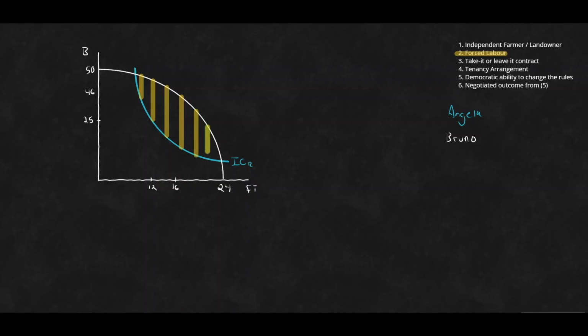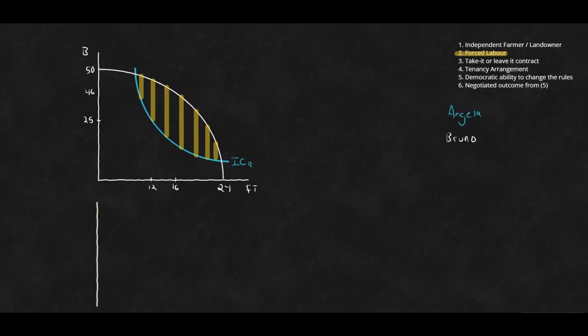And so the question then is, if Bruno can pick any amount of hours to make Angela work, and thus any amount of bushels that he ends up collecting, well, producing, and then giving him the amount that he collects, where should he choose altogether? Well, what we can ultimately see with this is that the area where Bruno gets the biggest benefit, the biggest difference between the production possibility frontier and Angela's indifference curve, is where they're the farthest apart. We can take a look at this if we were just to plot these vertical distances, and we would get something that looks like this.